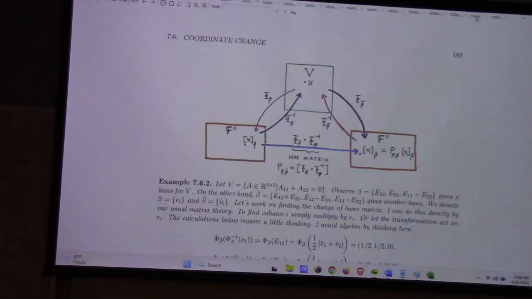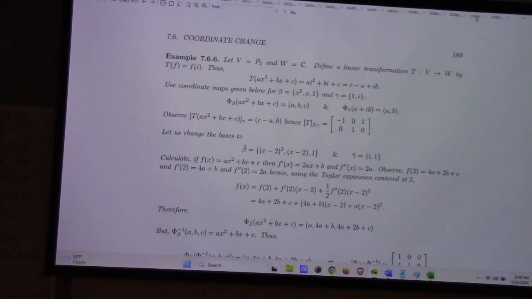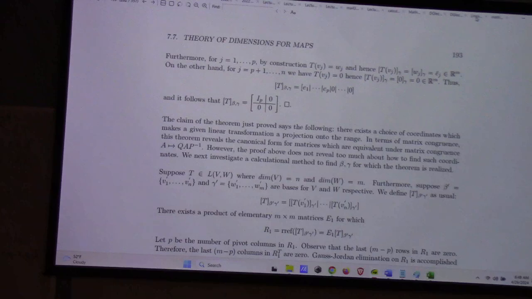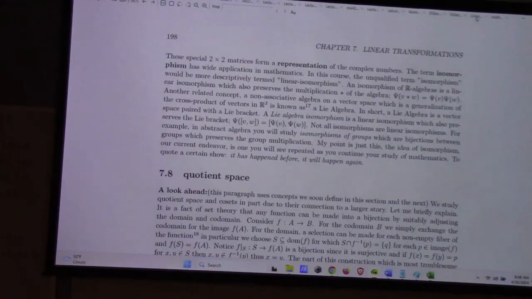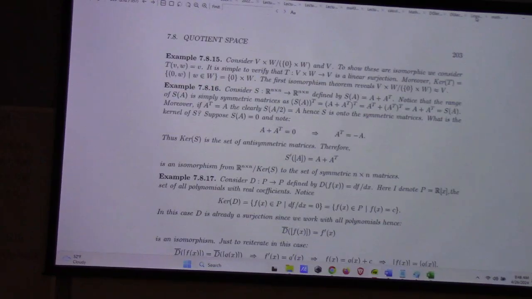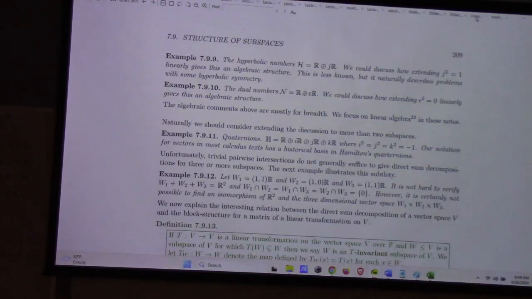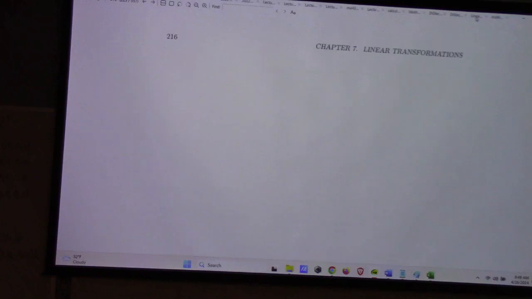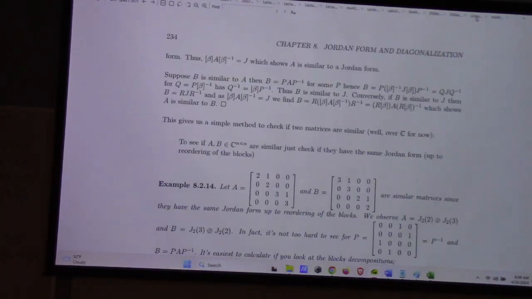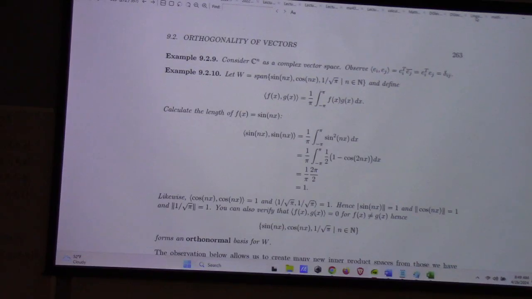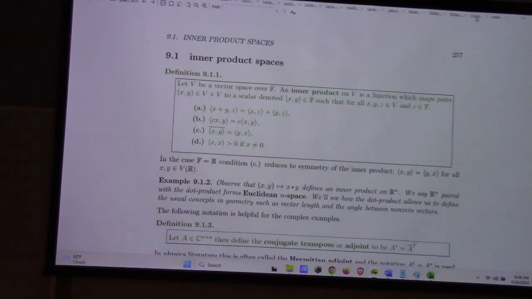Coordinate change. It should be easy for you guys if you stay in my course. It will be less easy if you haven't had my course. There's also something called quotient space. We don't care about that at the moment. I will eventually get to where I'm going. Jordan form, well, we talked about that. I should have remembered the page number. All right, so